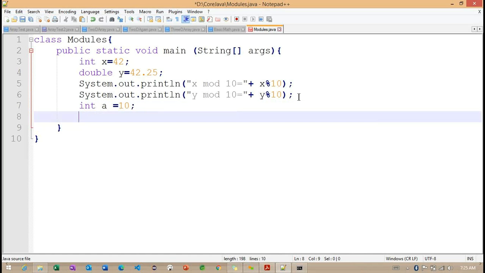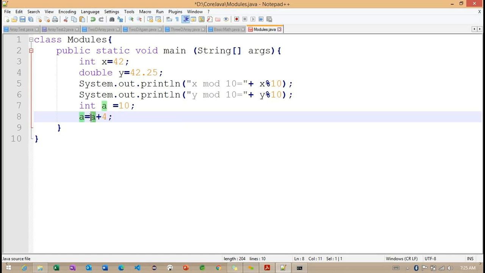Now I want to increase this value of a by a different value. So what are we going to do? Observe here: a is equal to a plus 4.